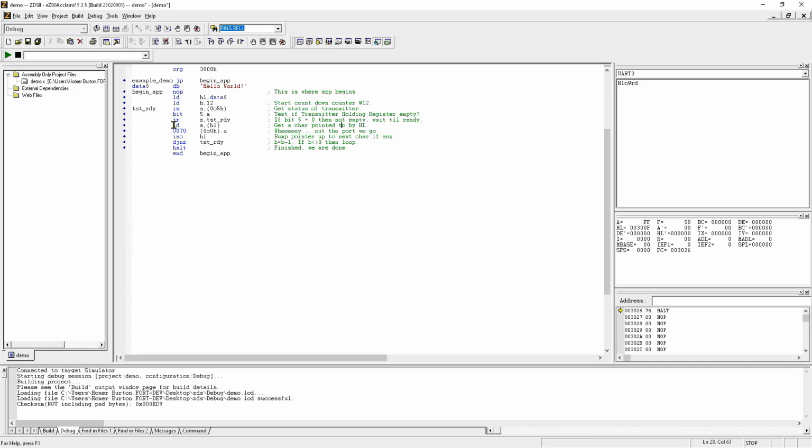We're going to test that bit, and we've already said that if it's a 0, it's not ready. So we're going to jump relative if that bit was a 0 after we did the bit test here, bit 5. Remember, it was bit 5 that showed the status. If it was a 0, it is not ready, and we're going to continue looping and input it again. Test the bit again, and then decide if it's ready or not. When it is ready,